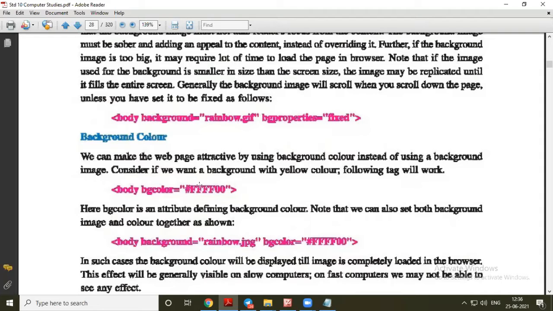Now here you can see that this color code starts with a hash sign. Okay. So when this hash sign is interpreted by the browser, it takes the next value as hexadecimal coding. So the purpose of the hash sign is only that. So this you should keep in mind. Without the hash sign also this code works, but it is customary to use this hash sign.